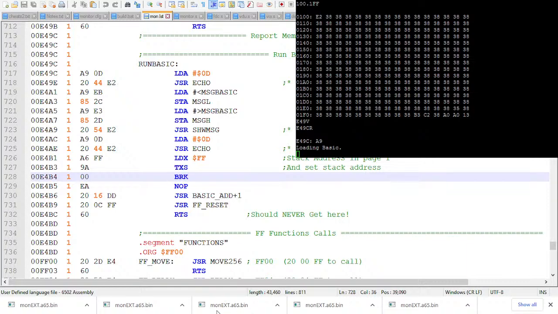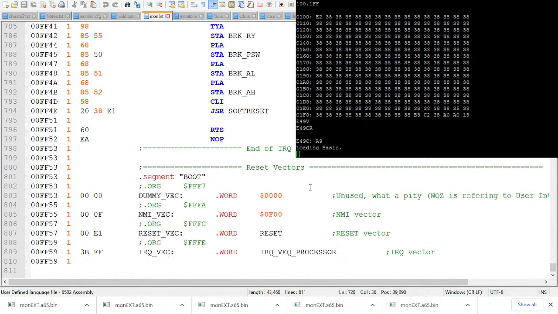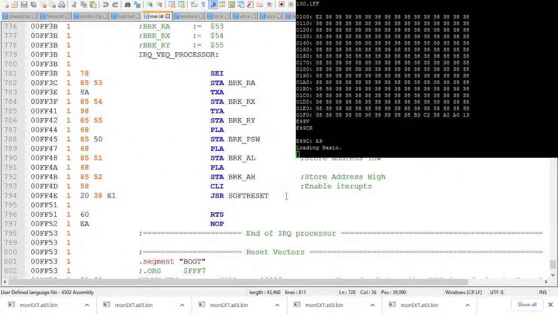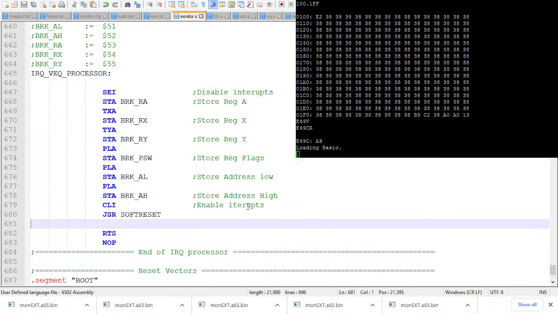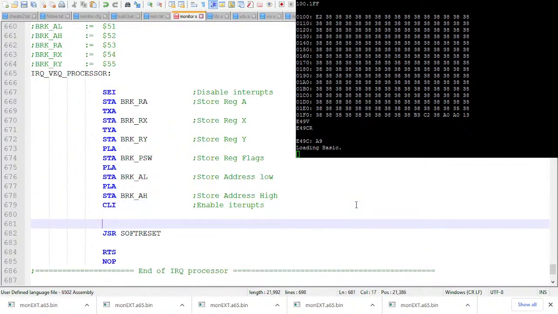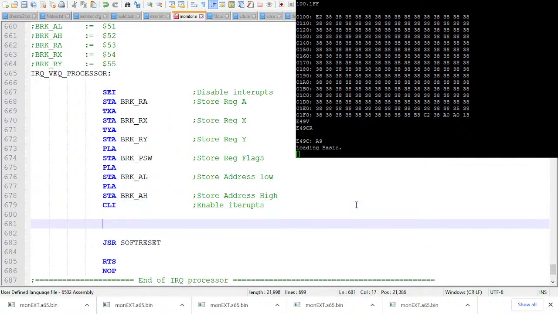Alright, let's see here. Let's go back to my interrupt handler. So, JSR. Now, this soft reset's not going to work. Oh, this is not the right one. We just want this one here. So, just JSR soft reset's not going to work. What it needs to be is